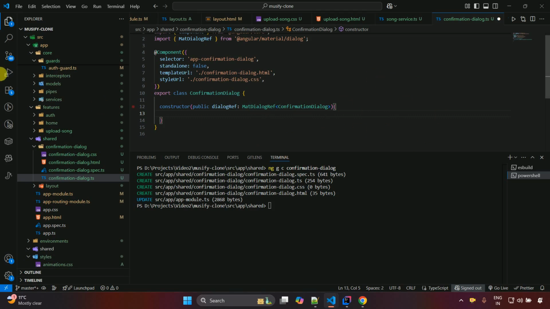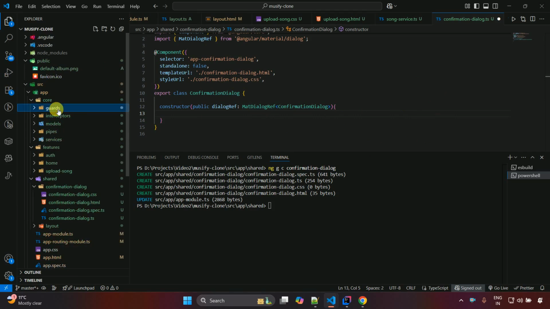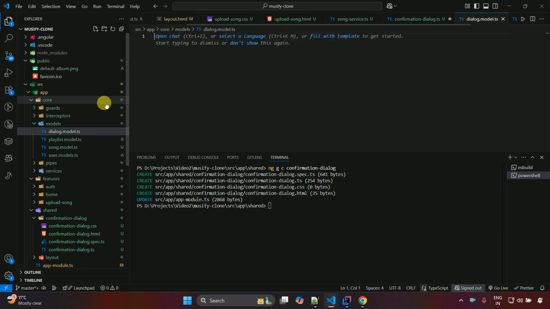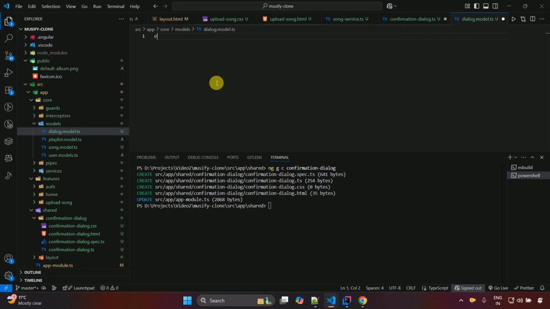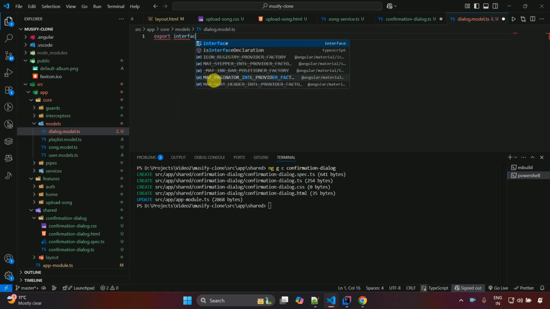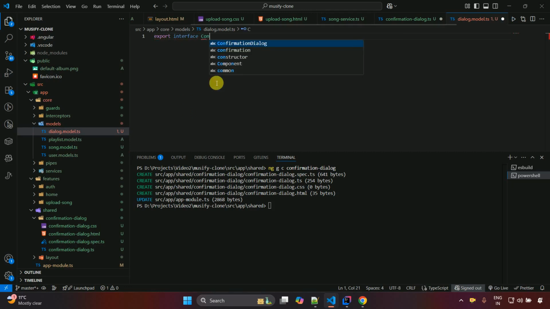So let's go to the model. Inside this one, if you see the code, we already have a few models. I'm going to create a new model over here, which we are going to use in our project. Let's right click on this, click on new file, and name it dialog.model.ts, and press enter. A file is created. Now we have to write export interface, and here we have to write Confirmation